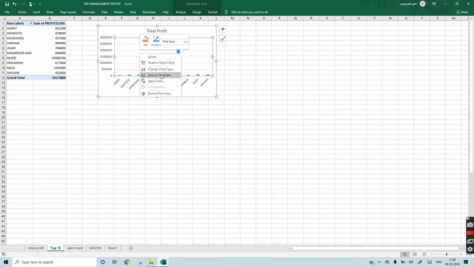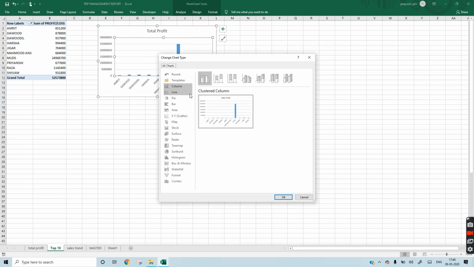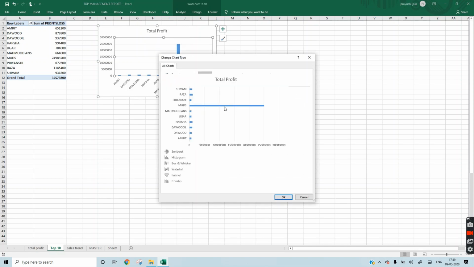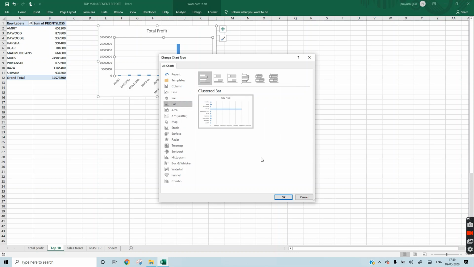We will change the chart type. We can do bar charts in this.